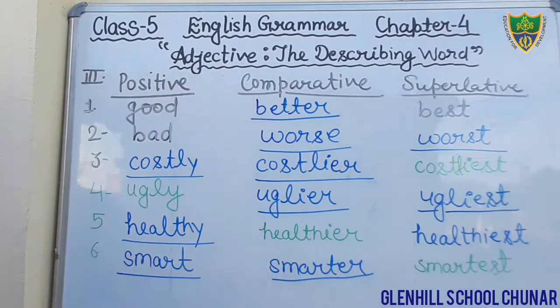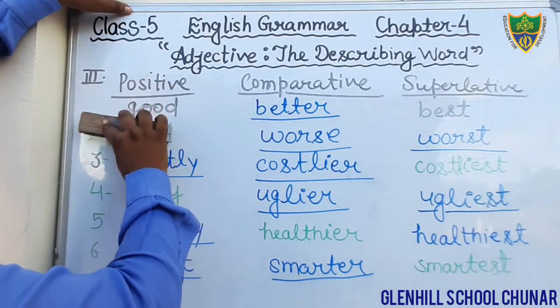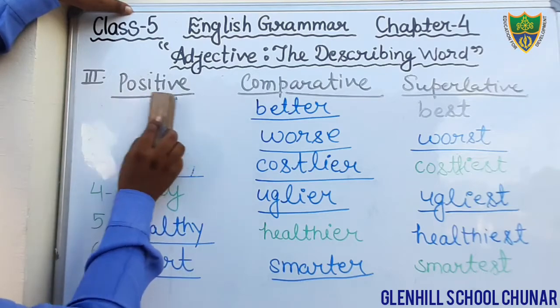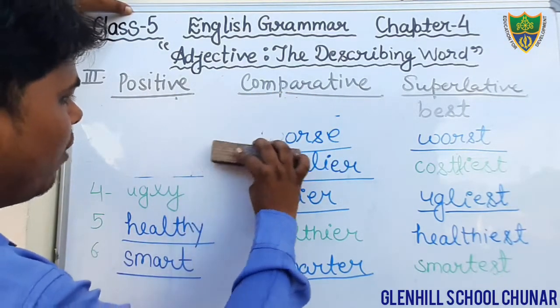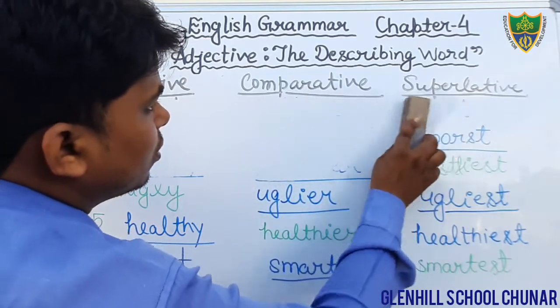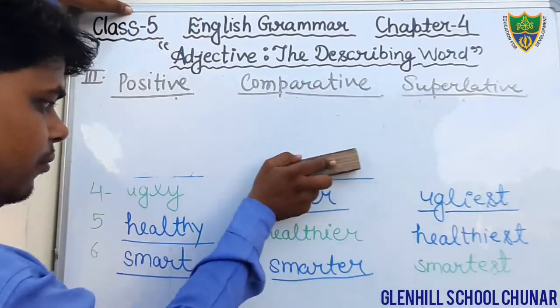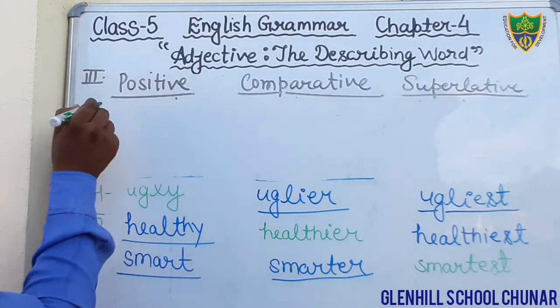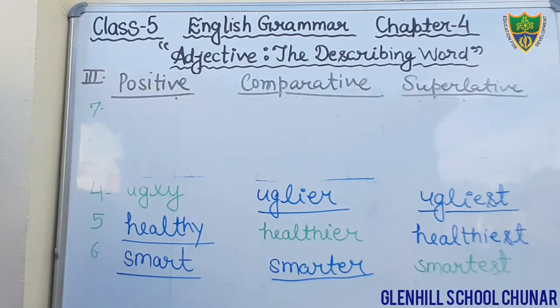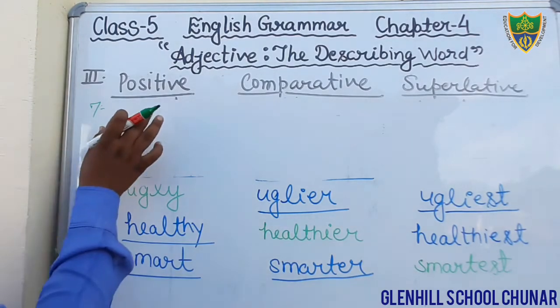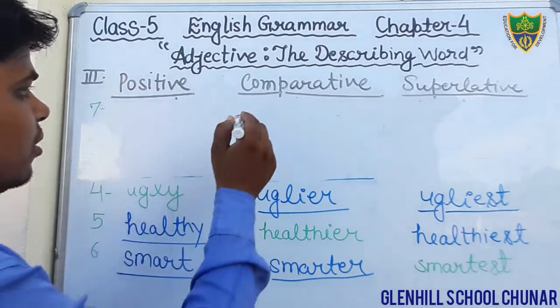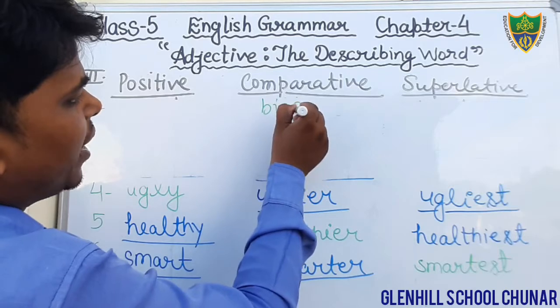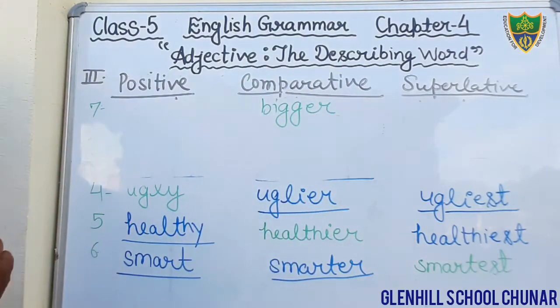Question number 7. Okay, students, I am going to erase these 2, 3. Okay, I hope that you have already written. Come to the next question. Question number 7. Let's see the question number 7. What is question number 7? Big. In the positive form, there is nothing given. Here in the comparative form, it is given. The comparative degree bigger is given. Okay. Now you have to make the positive and superlative form.